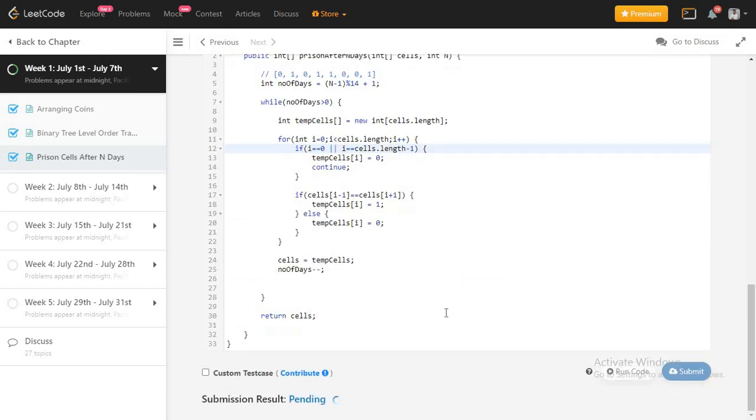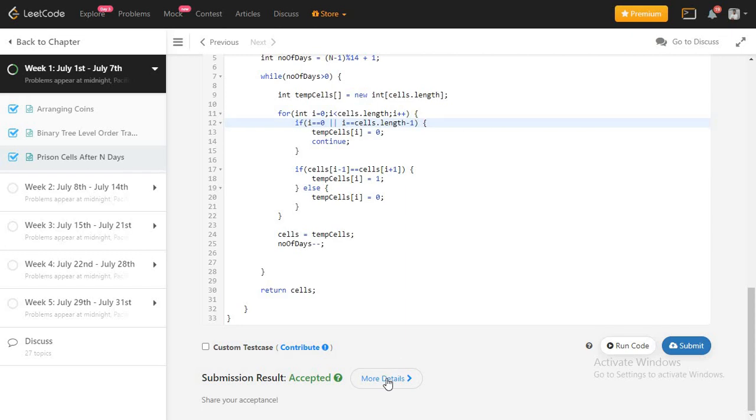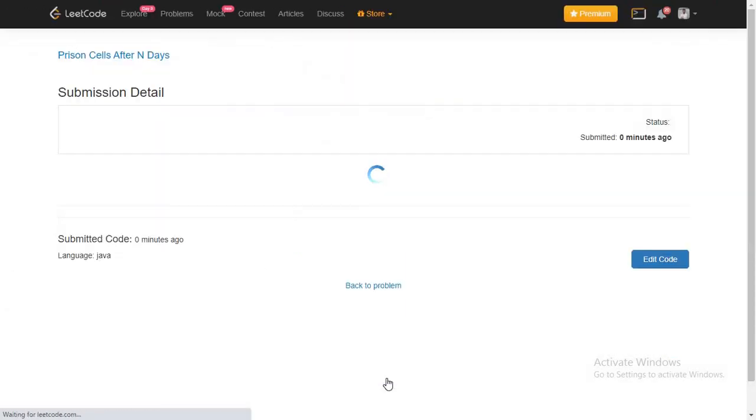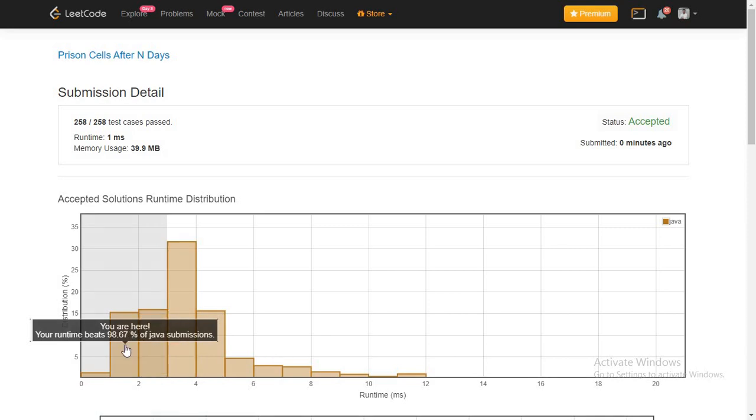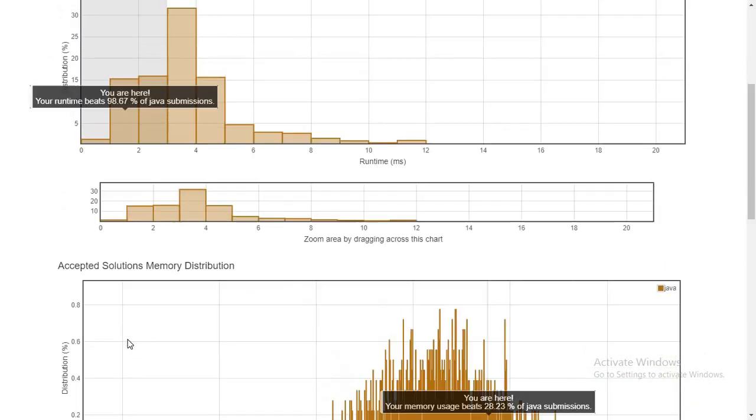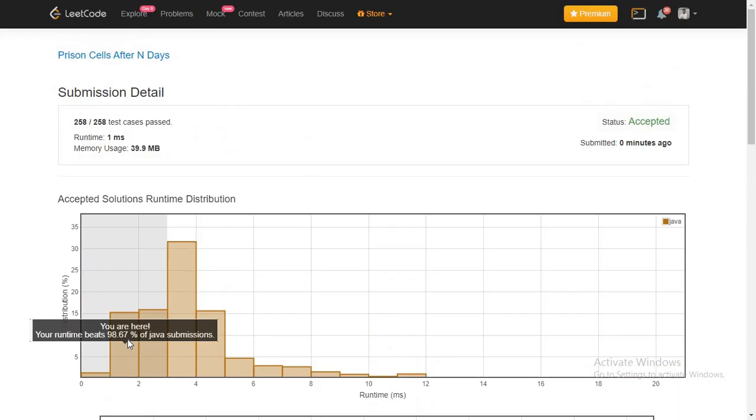Let's submit our answer and yeah, our solution is accepted. Let's check the time status also. You can see that it's beating 98.67 percent of Java submissions, and we can improve the space also.